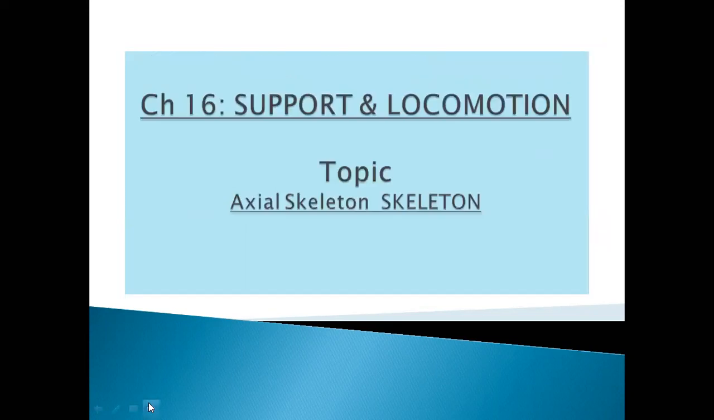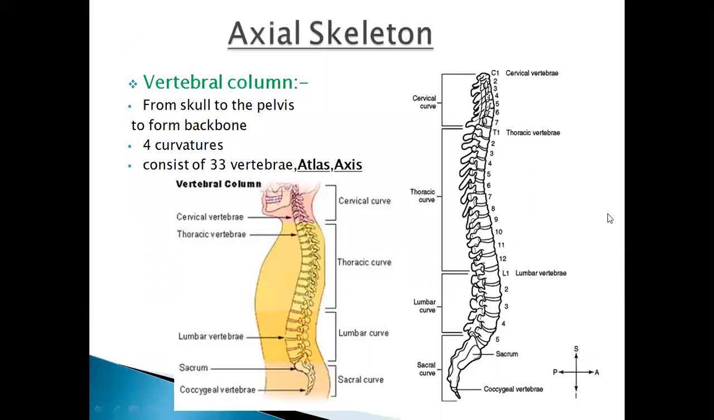Our chapter number 16, support and locomotion, and today's topic is the axial skeleton and appendicular skeleton. In the last lecture we discussed the human skeleton that consists of 206 bones, which is basically divided into two skeletons, the axial skeleton and the appendicular skeleton. In the axial skeleton, we discussed